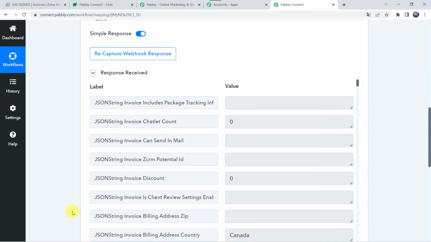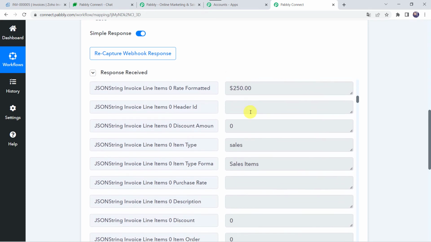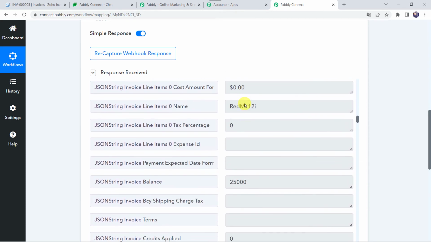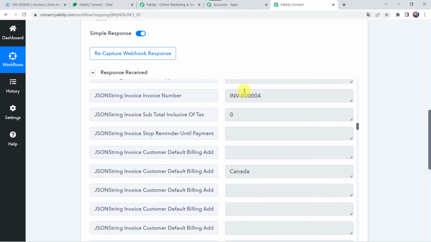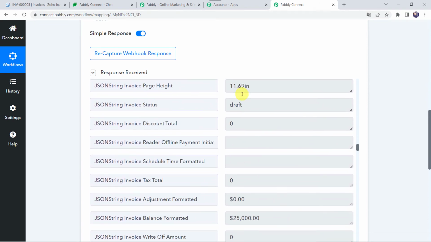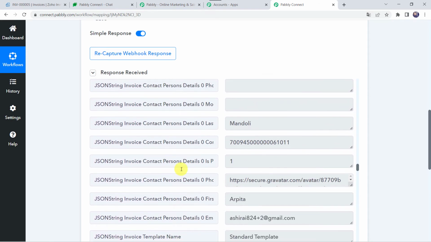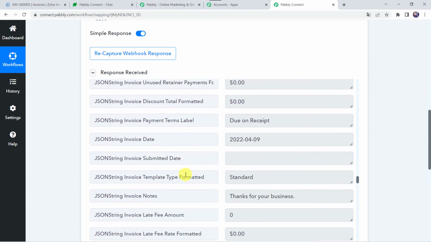Okay. And here we can see the responses received and all the details of the invoice are captured over here. Okay. Here we can find the amount. Let's scroll down. Here we can find the quantity. Here we can find the item name. And this is the invoice number. When we scroll down, okay, I'm just finding the name of the customer and other details. Yes, here we can find the customer name and here we can find the customer ID